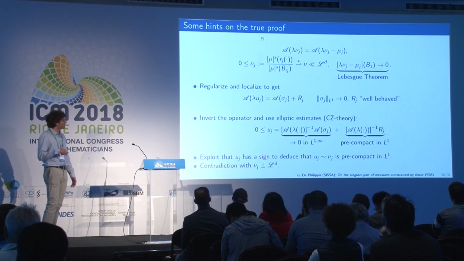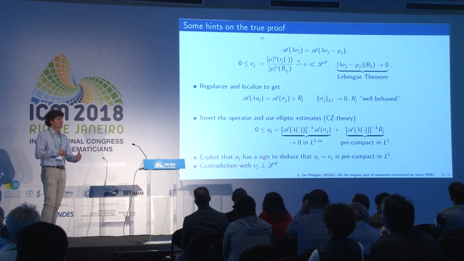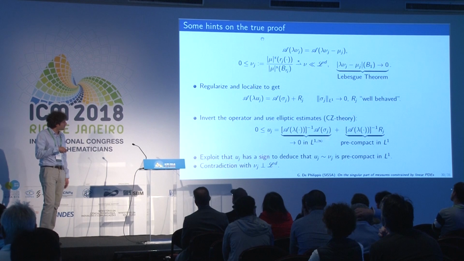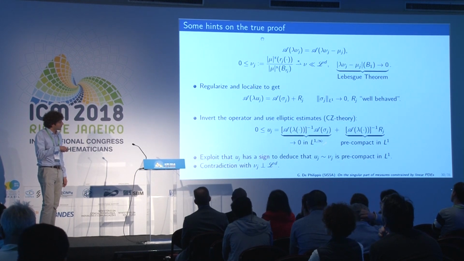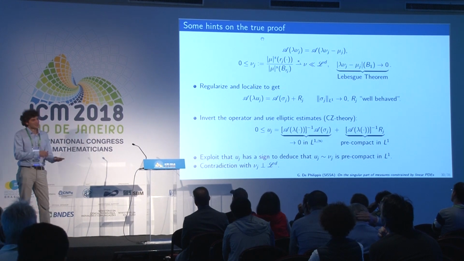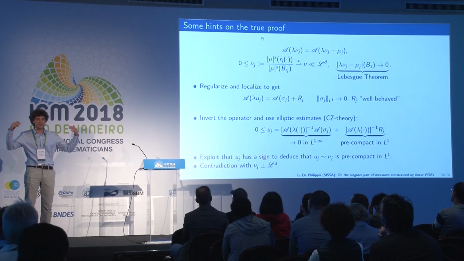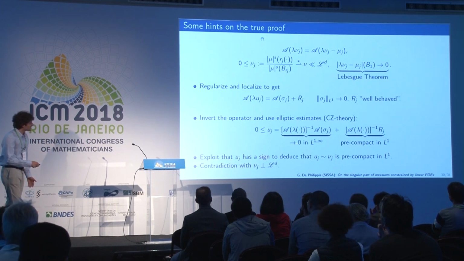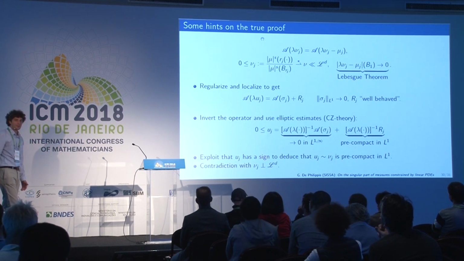Now you see that there is no room for compensation, because the negative part of this cannot be too negative, since the sum of the two should be positive, and since the average should be 0, neither can the positive part be too big. Okay? So this actually tells you that this is precompact in L1,